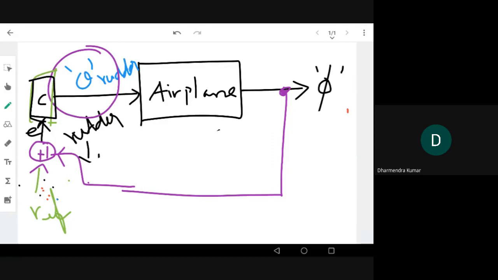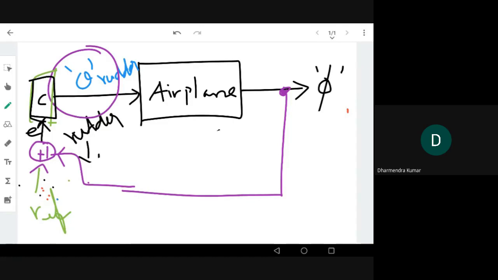Here in this case it is theta, or usually it is the electrical voltage to the motor which controls the rudder, something like that, right? So the rudder is always controlled by some motor or some kind of manual control, something like a hydraulic system. Usually it is a hydraulic system, but for automatic control we need a motor, a better electrical motor, right?